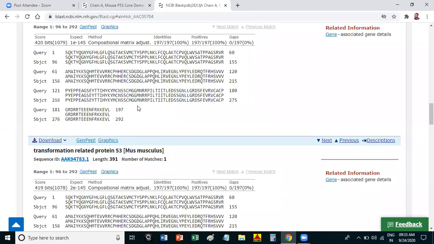So why do they consider a gap? Because by considering the gap, you will get more sequences to compare with your query sequence. If we consider that a particular sequence is having a gap and it may be a similar sequence, like this you can get many sequences in a database.